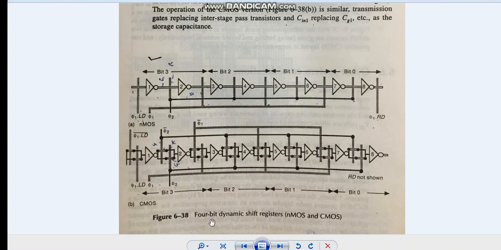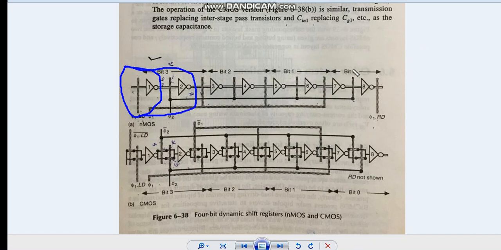Next, we are going for a 4-bit dynamic shift register for NMOS and PMOS. It is the same structure we have taken previously, and we have analyzed it here. Of course, this is inverting, hence we are taking one set more, so that whatever data is there, if I send a 0 it should store a 0 only, and if I send a 1 it should store a 1 only. Hence, to make a non-inverting input data, we are taking one pair here.